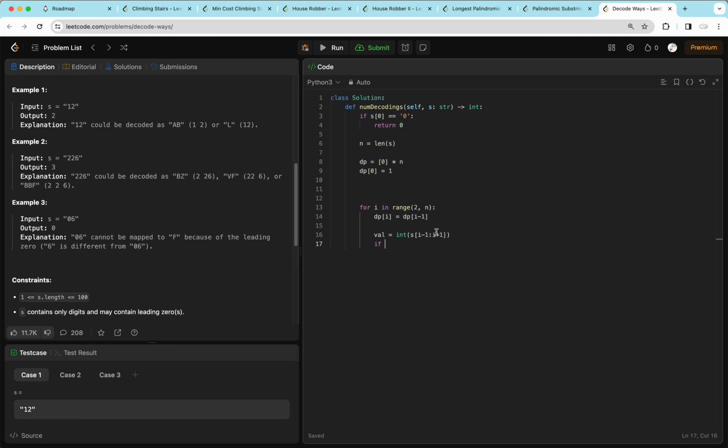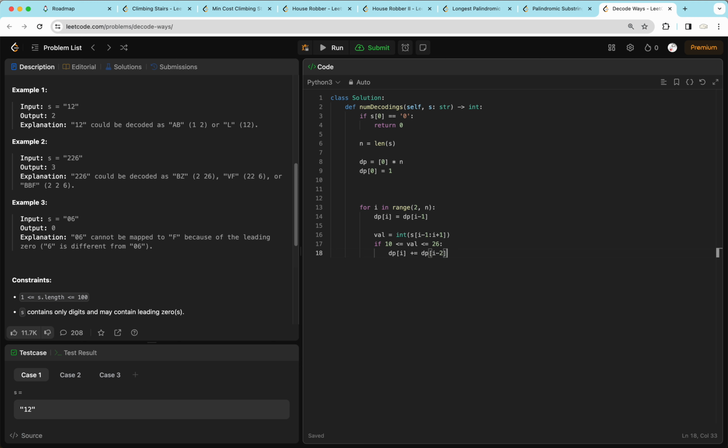So we want the value to be between 10 and 26, because if it's over 26, then this is definitely not going to be a valid mapping. If this is under 10, for example, it's a 9, then the previous character is a 0. And if the previous character is a 0, then this doesn't increase the number of mappings because we have to use that 0 in our current mapping. For example, if we have 09, then we can't isolate the previous 0, so we have to use them together. So if 10 is less than or equal to value, less than or equal to 26, so this is in bounds for a 2-digit number, then dp at i plus equals dp